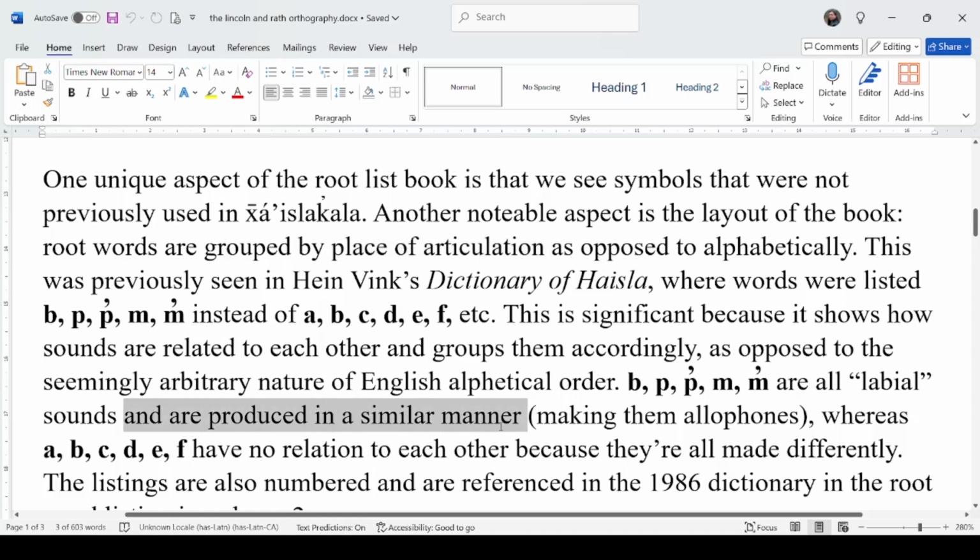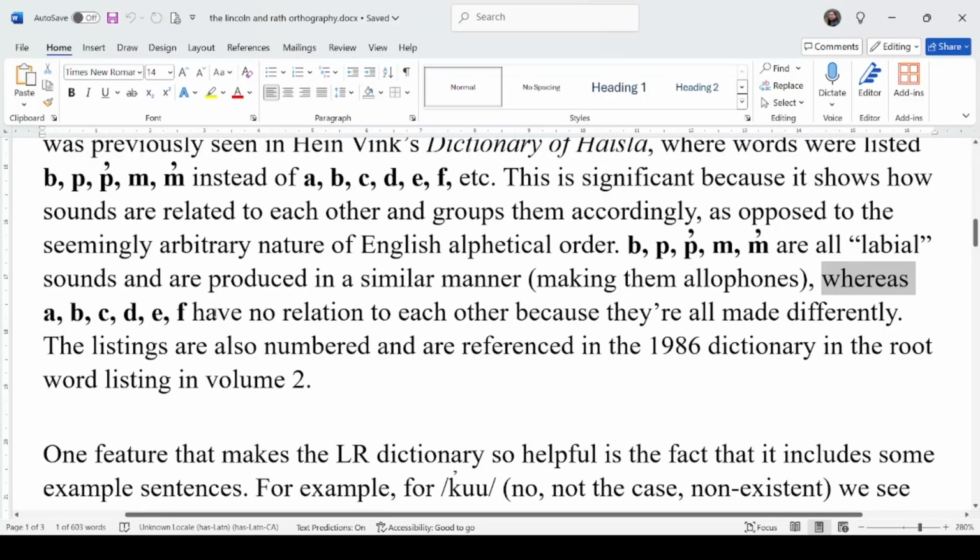So these are all produced in a similar manner, and these are what we call allophones. It's a linguistic term. It essentially means that these sounds are related to each other in regards to how they're made, and in some instances they are interchangeable. So you can actually substitute one of these letters for another one depending on the situation and not change the meaning of the word that you're saying. So this is a good way of categorizing or listing words,